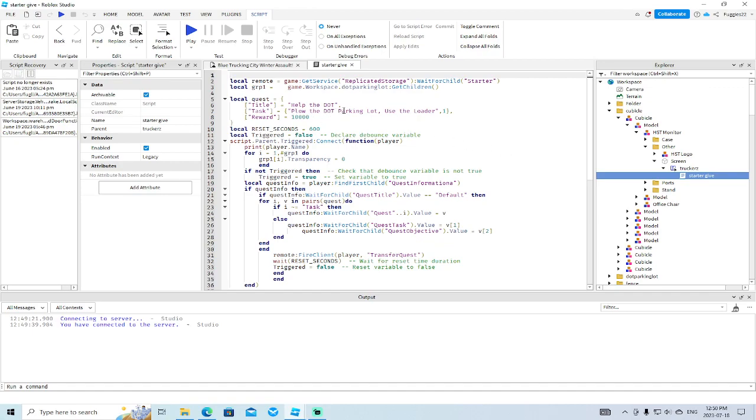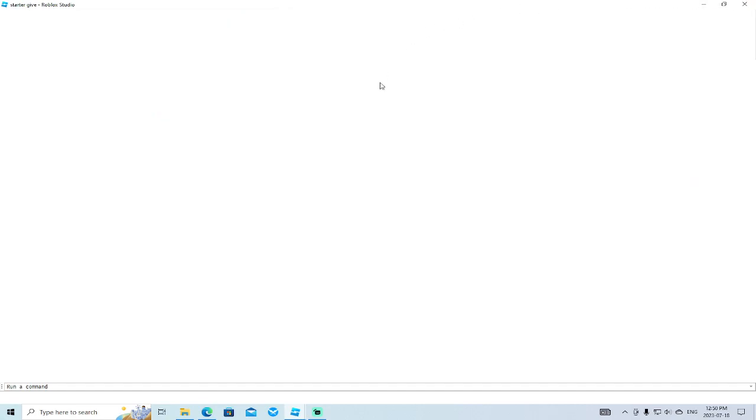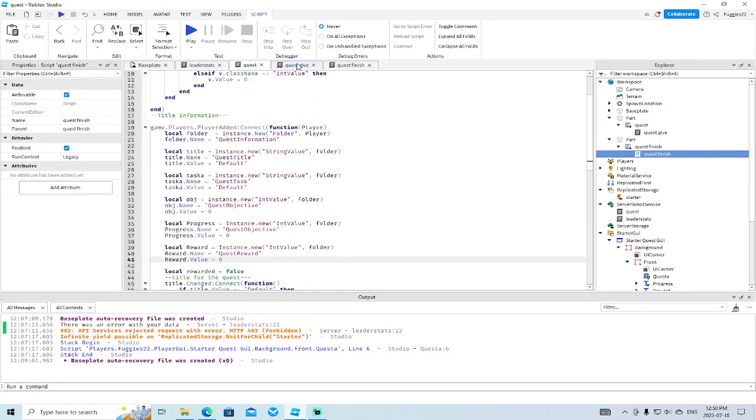This right here, Plow the DOT parking lot, use the loader. And you see this number value? That is the amount of prompts that we're going to have to